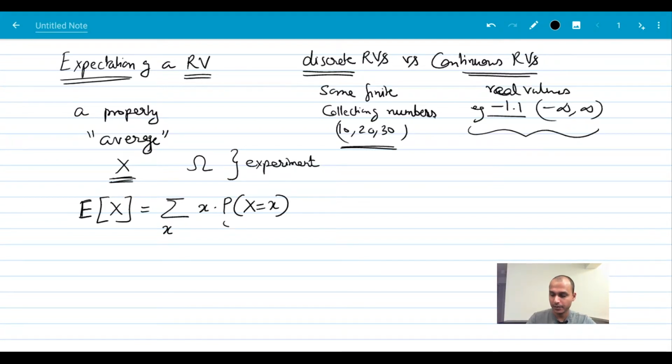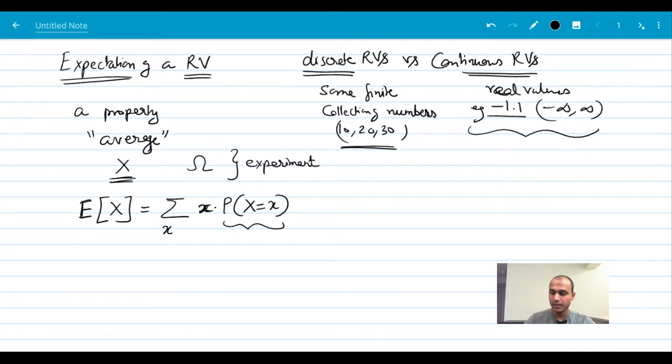So the expectation is simply the values that the random variable can take times the belief that it will take that value, summed over all the values.